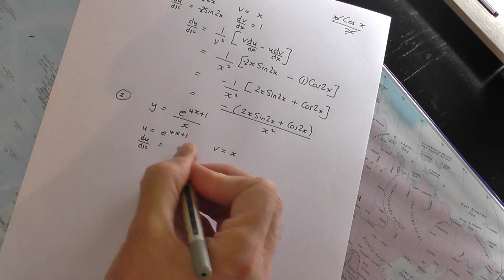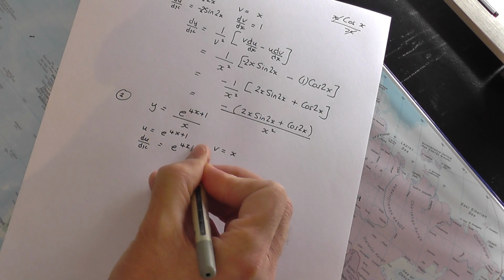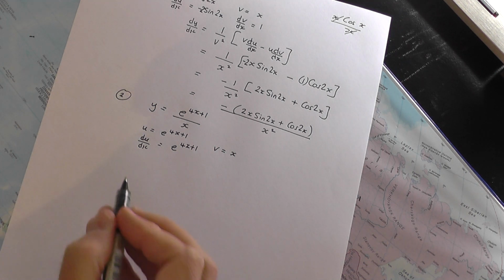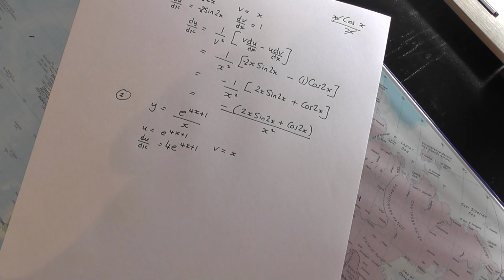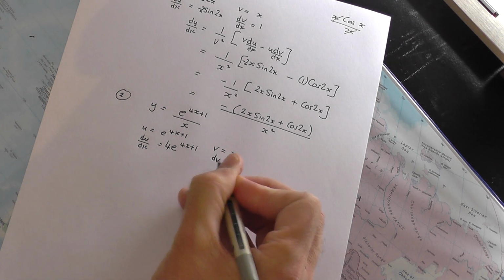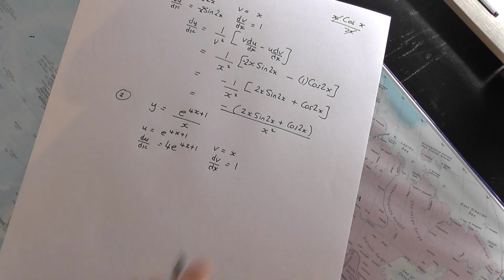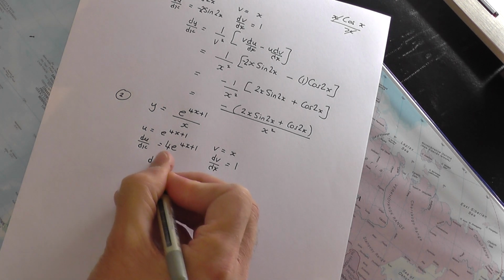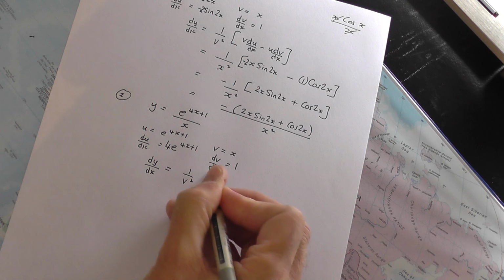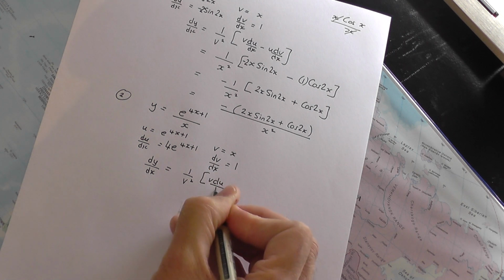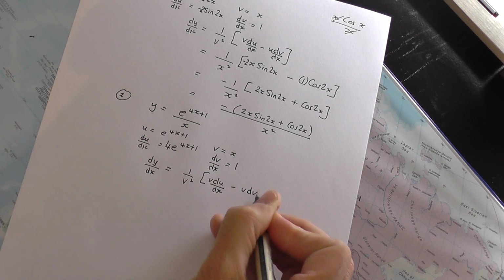Exponential takes priority. Exponential stays the same. And then differentiate 4x plus 1, you get 4, and multiply by the 4. You get that. dv by dx is simple. Again, it's equal to 1. Quotient rule. 1 over v squared. v du by dx minus u dv by dx